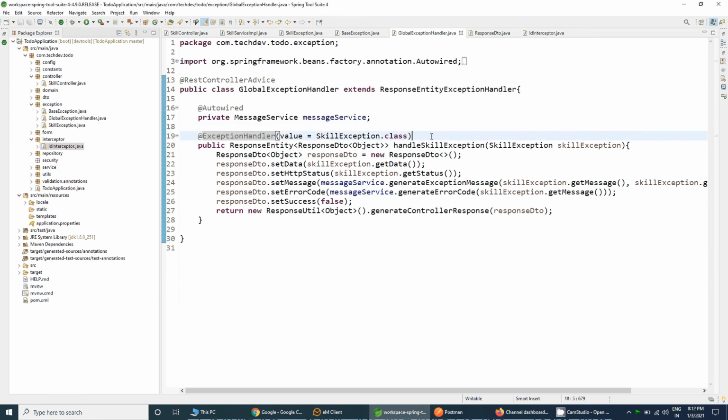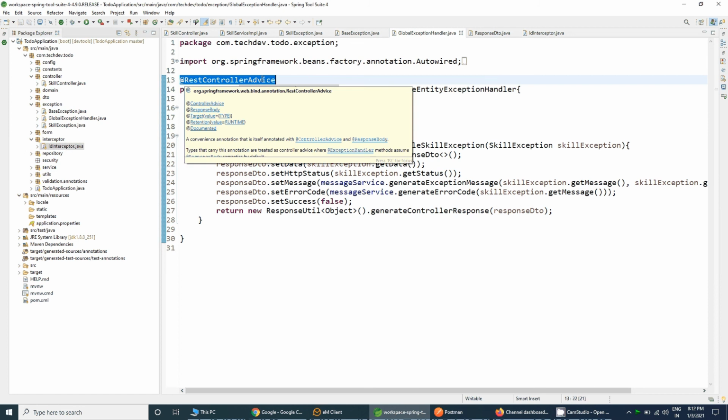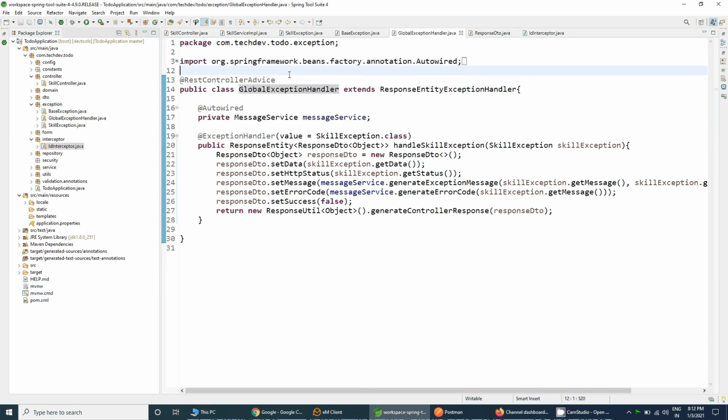So inside the global exception handler, first of all, that should be annotated with @RestControllerAdvice, and it should extend the ResponseEntityExceptionHandler.